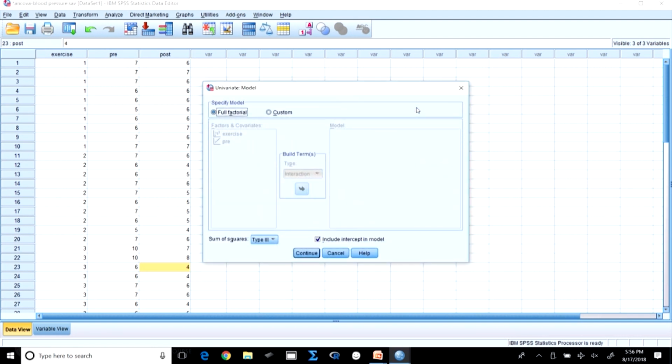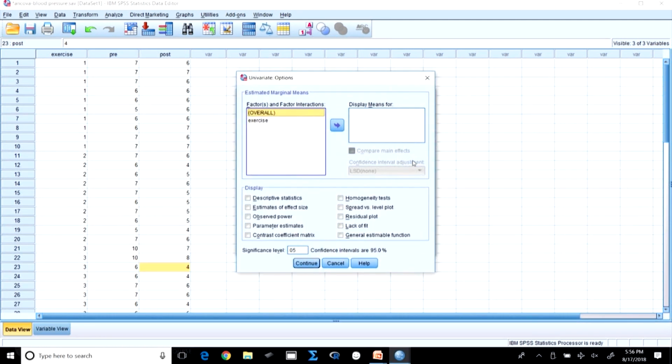Now, there are 2 things here: you want to check your full factorial model, right. This is by default. This full factorial model is the model which helps you test whether the effects of your covariate and the independent variables are significant or not. That means at different levels, what is the change in the dependent variable, is that a significant change or not, right. So, continue, and then we go to Options. Here we want to see the impact of exercise, so we display the means for exercise, that is, for when no exercise is there, when there is a high level of exercise, and when there is a low level of exercise.